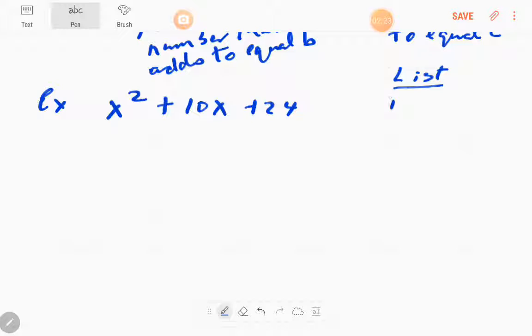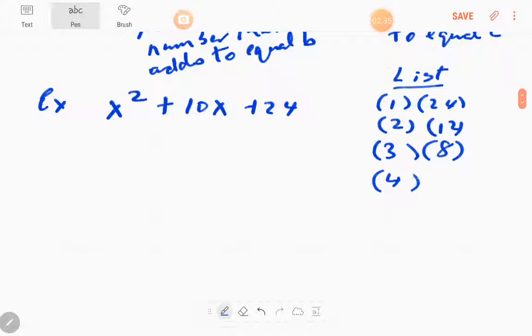So we have 1 times 24, 2 times 12, 3 times 8, and 4 times 6. So out of this list, we want a pair that adds to give 10,